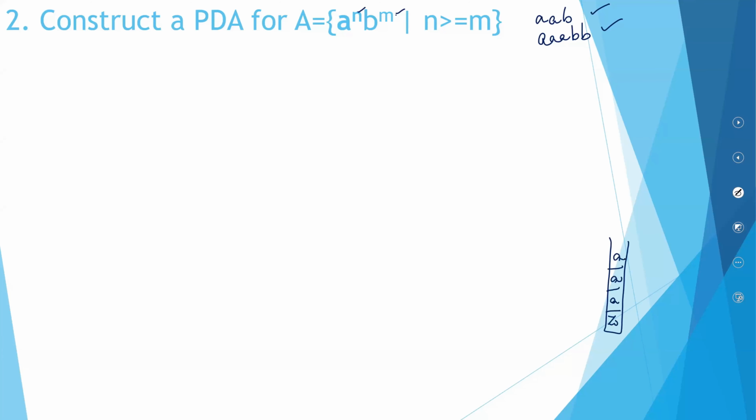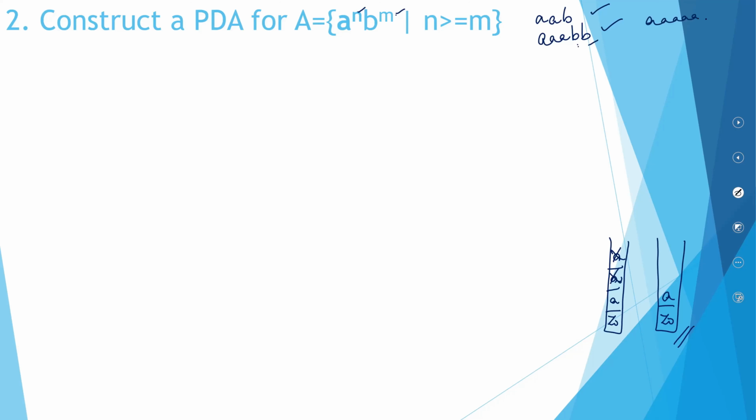Okay, we'll go for the second string. You have 3 A's inside. For each B you encounter, you will take away an A. So, at the end of the day, your stack should have at least 1 A remaining. So, if at the end you get such a stack where you have at least 1 A remaining, your string is valid.